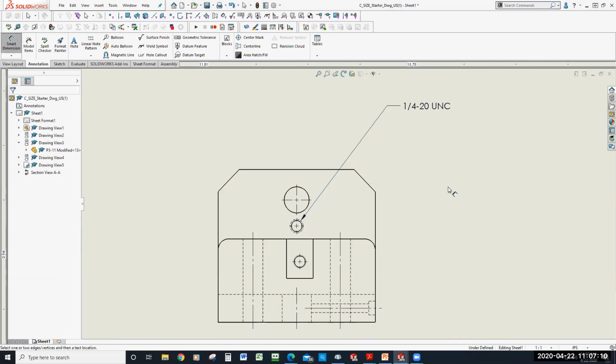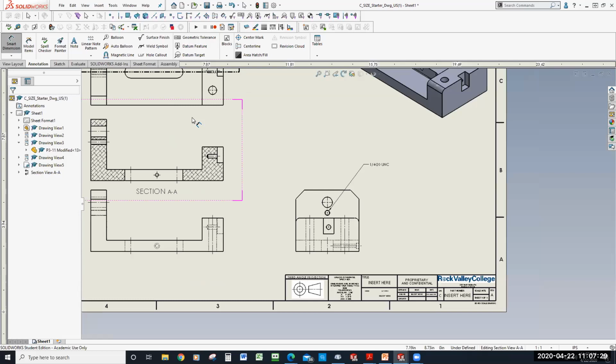Sometimes it works, sometimes it doesn't. 1/4 UNC. So that's not so bad, right? But sometimes it doesn't work like you expect it to work. The best thing to use for the tapped holes again is this hole callout, like we would use on